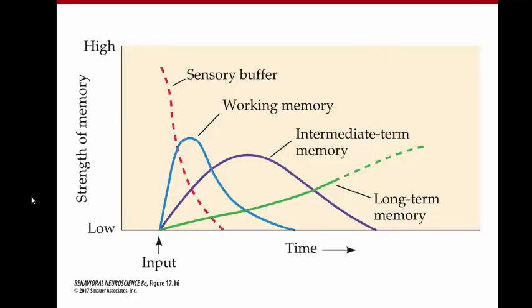So what you can see here, it's talking about the strength of the memory and time. So sensory memory is going to have a high capacity, a lot coming in at one time, but a very brief duration. So most of it will be lost pretty quickly. Short-term or working memory is going to have a smaller capacity. You're not able to hold as many items, but it will have a longer duration than sensory memory, although it's still not super long. Long-term memory is something that has a large capacity over time. You build up a lot of memories and a long duration as well, just like the name suggests. And then intermediate is going to be somewhere in between working and long-term, as you probably guessed, and you'll see